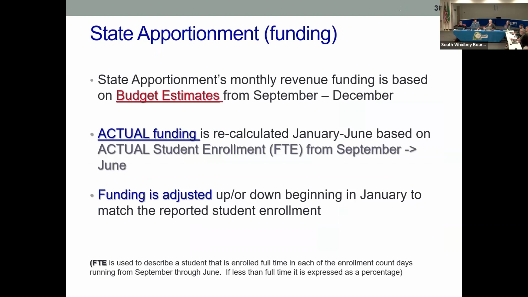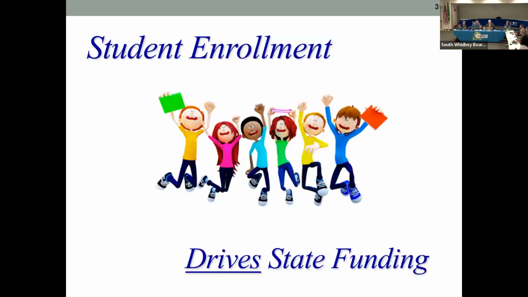We hit January, and then January through June, OSPI will recalculate our funding based upon the actual number of students. So if we have more kids in ALE at that time, they would increase the ALE funding. We get less in basic ed if there's fewer kids, that type of a scenario. So you want to make sure in the budget process that you never overestimate enrollment. Easier to underestimate and have a few extra dollars than it is to overestimate and not have enough funds to pay your expenditures. And that's what happened this past year: you estimated conservatively and we came in over budget on our enrollment, which was a wonderful thing for the budget.